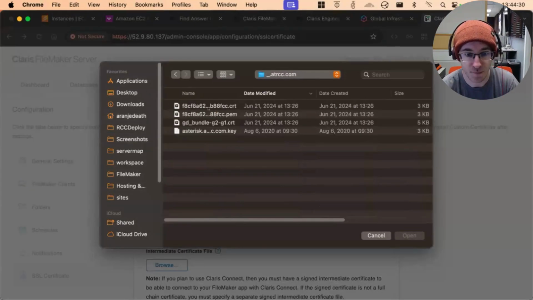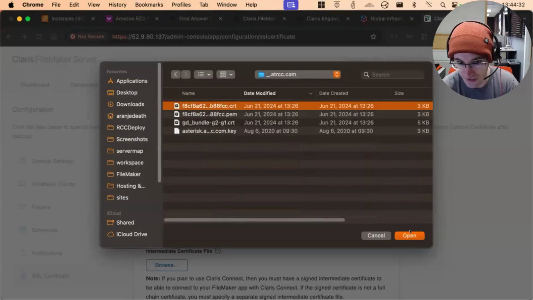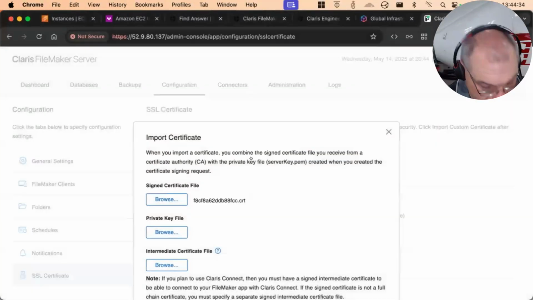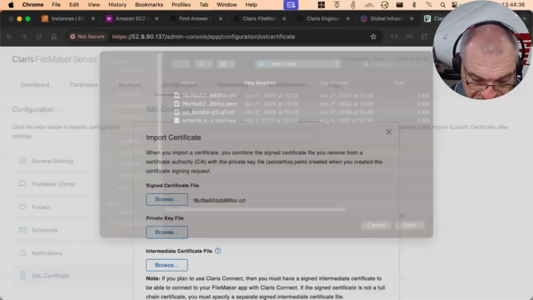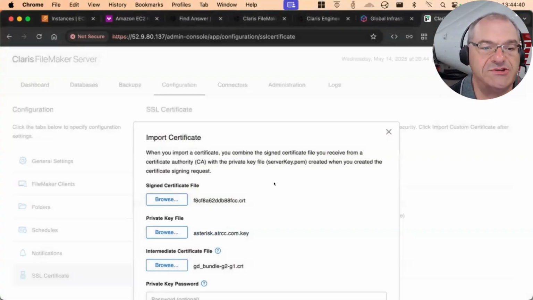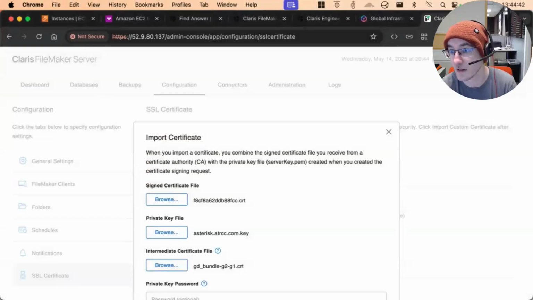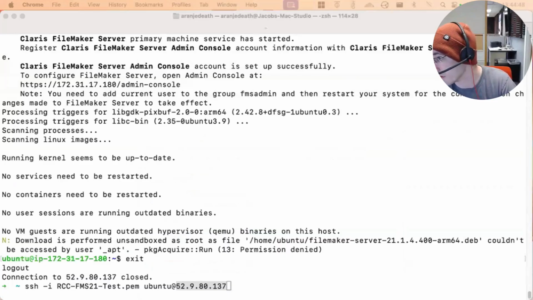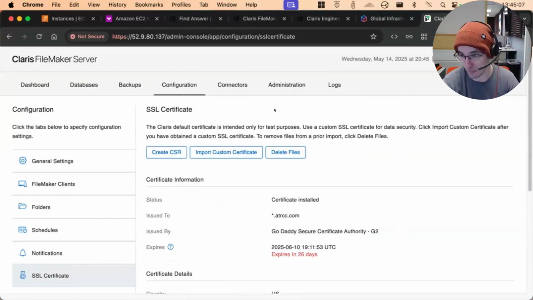There it is. So I'm going to put our certificate in. By the way, this is supposed to be better. It's one of the big features of 22 on the server, that free Let's Encrypt thing. Sorry, I'm relocating the window so that I can literally see the import button. The dialog, there's an import button at the bottom.